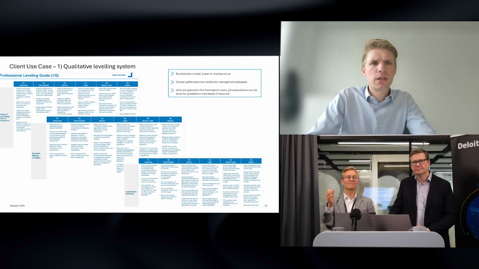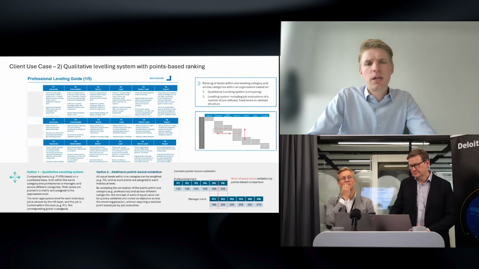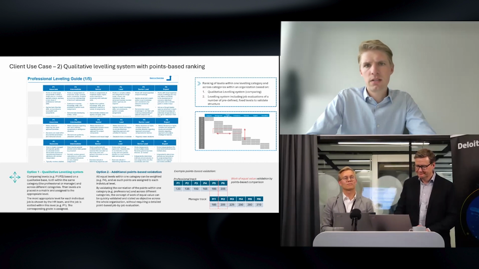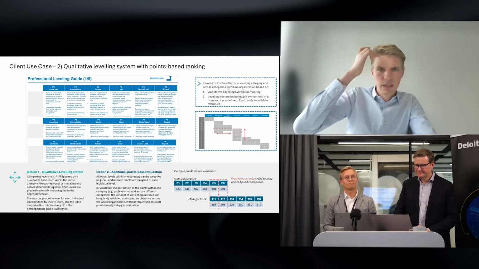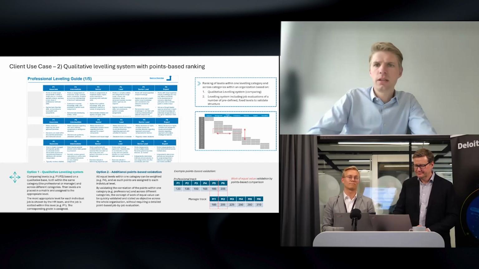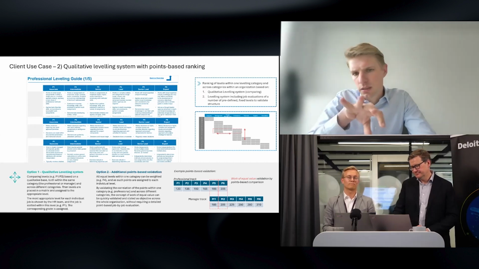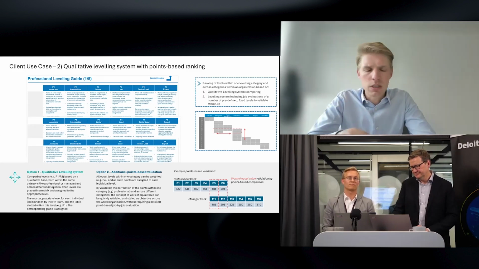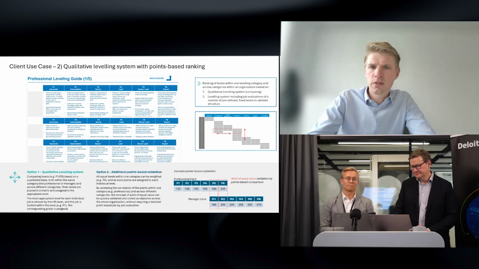So this is the first client use case. If we then go to the second one, that is where we are combining the qualitative leveling system with a point-based ranking. So you again see the professional leveling guide with the 3 examples that I mentioned. But you see, and let me immediately focus on the bottom right-hand corner of the slide,